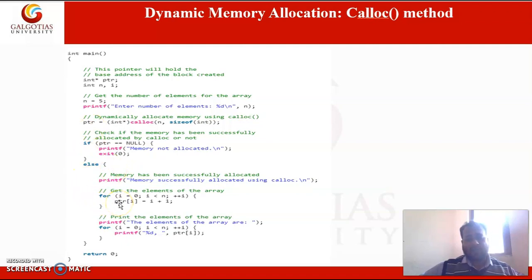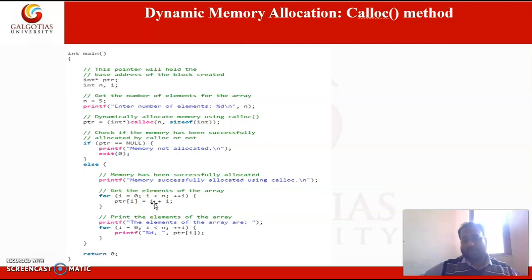And here using the for loop we are initializing the values to the pointer, and using the second for loop we are printing the values initialized. But as I said, we can print without initializing the values if we are using the calloc method, since it has initialized the allocated block with zeros.